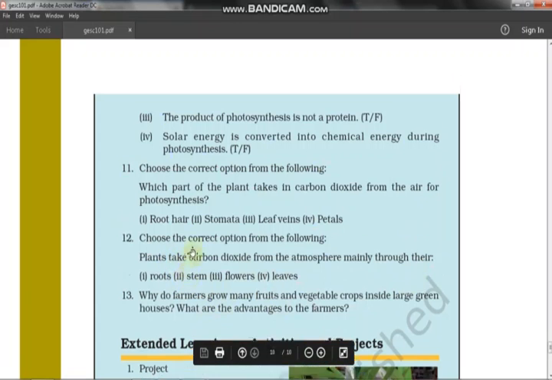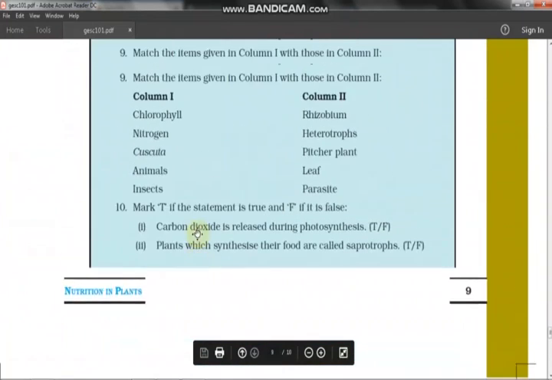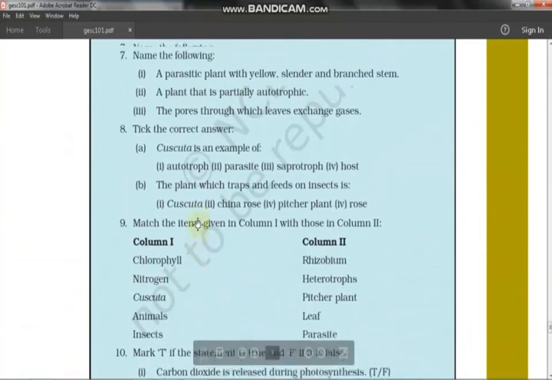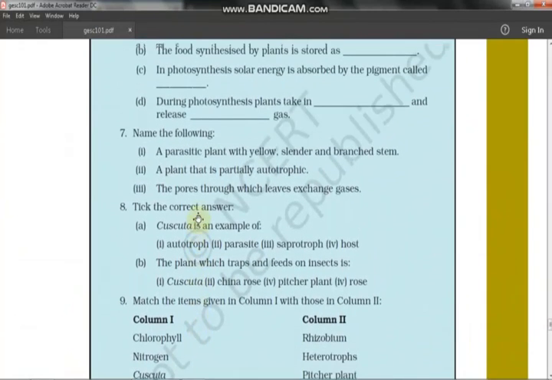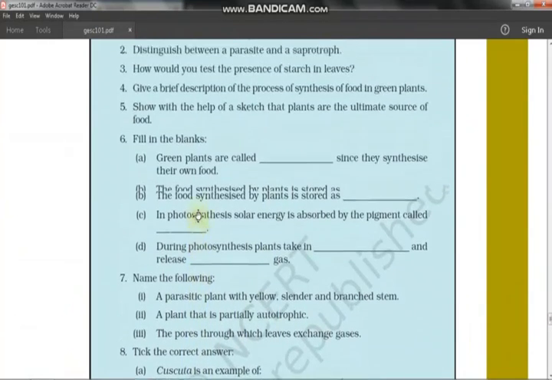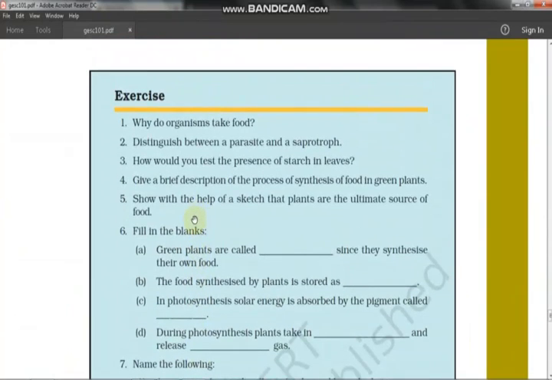All of you will be doing the book exercise in your fair notebook in good handwriting, and the questions and their answers will be provided to you later. So thank you. This is the end of the first